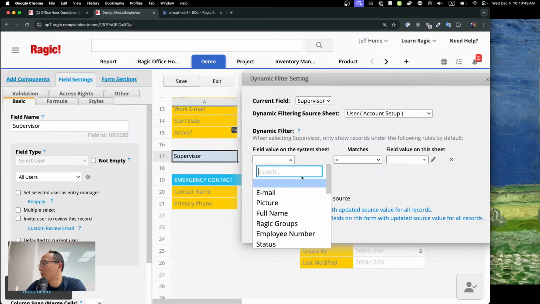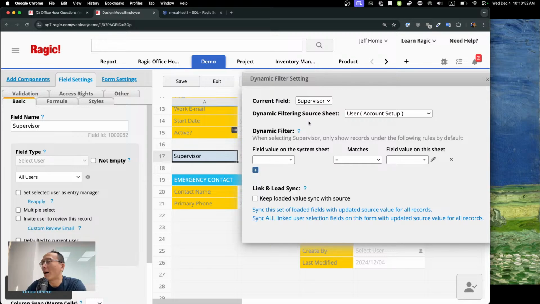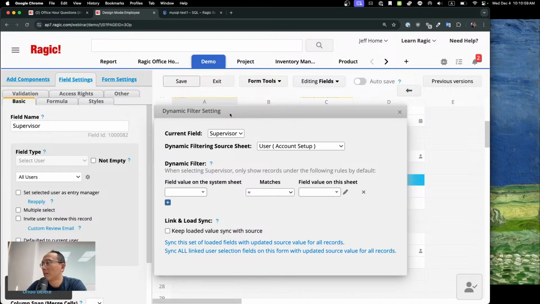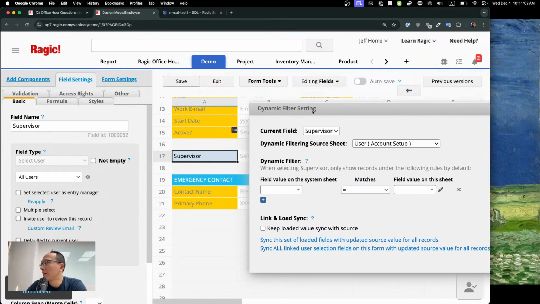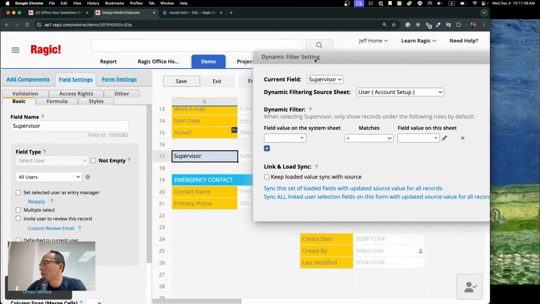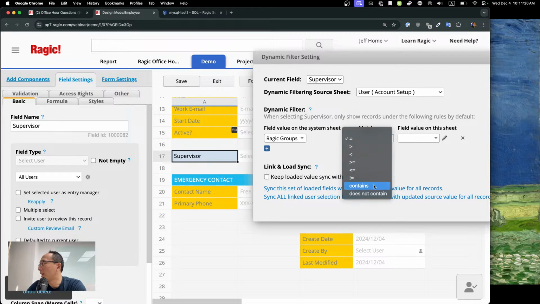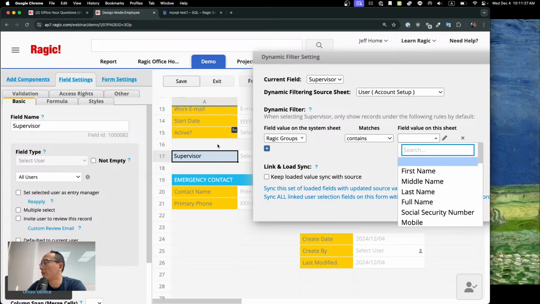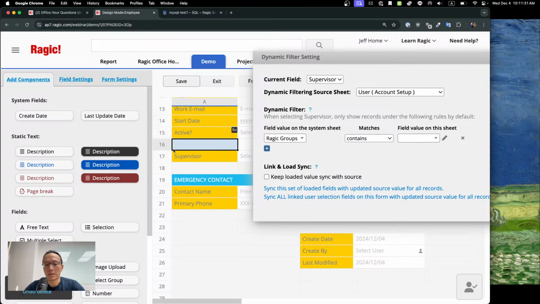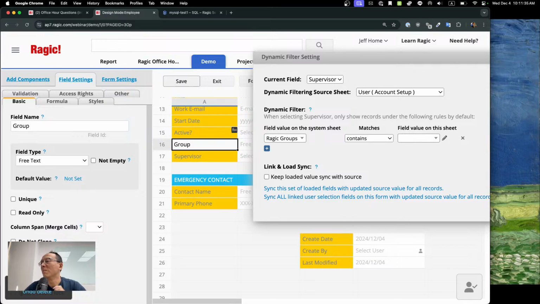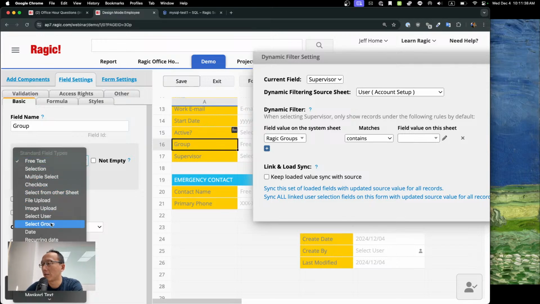Yeah, you should be able to filter employees on other sheets, on other fields on the user sheet. So it's supported. You will be able to add another filter based on one of the fields on this sheet to match it with the group field on the user sheet. So the user group can be contains a certain value on this sheet. So maybe you have a select user group. If you have a select group field here,